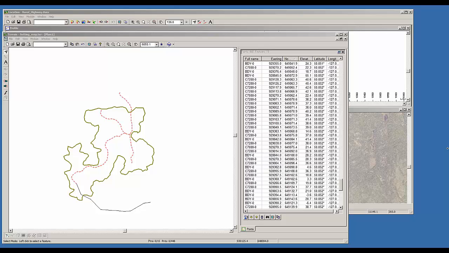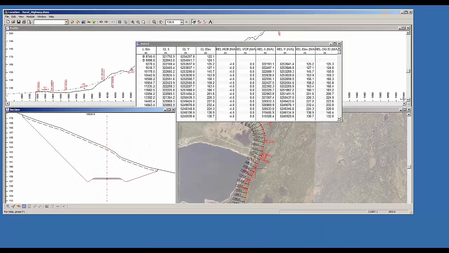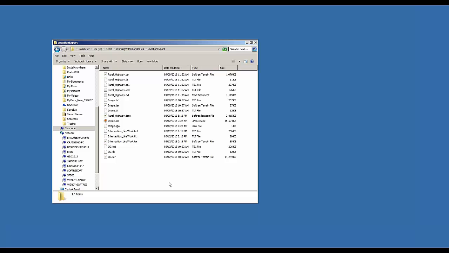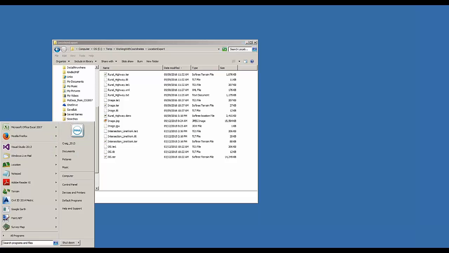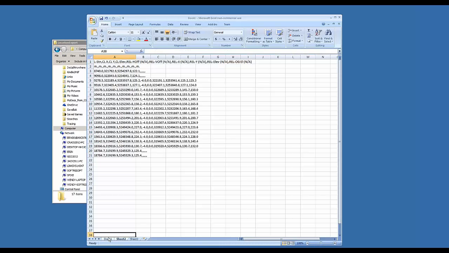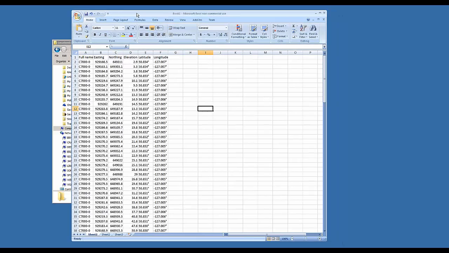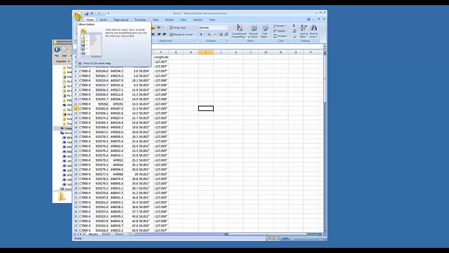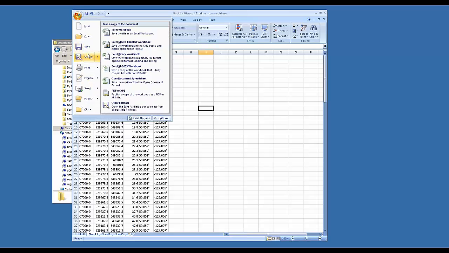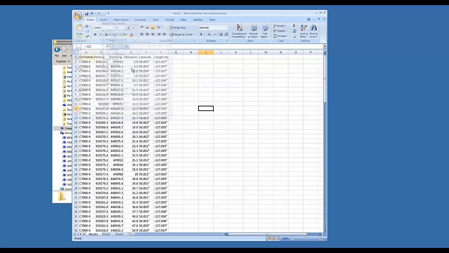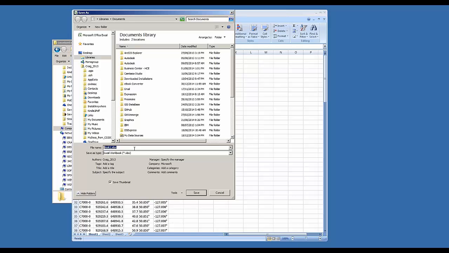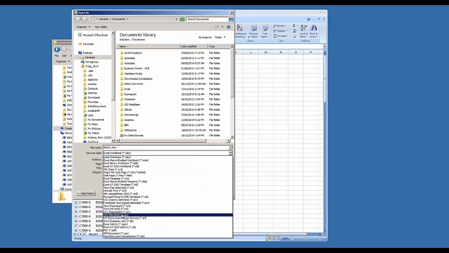Another question, can you import coordinates from Excel? And the short answer is yes. There's two ways to do it. One is to save from Excel a coordinate file. Let me just illustrate that. I actually created these coordinates by exporting, but I could have equally well imported these coordinates. What you do is you save from Excel in a CSV format, which is the best. So I could save it in a CSV format, and then you can read it in from a CSV format